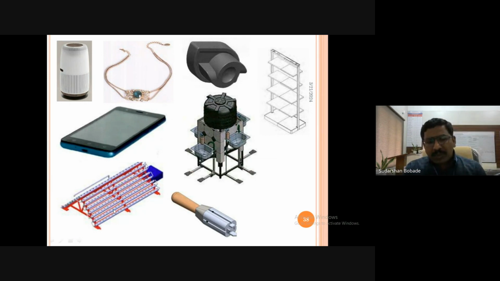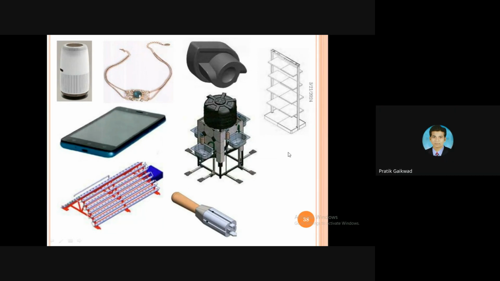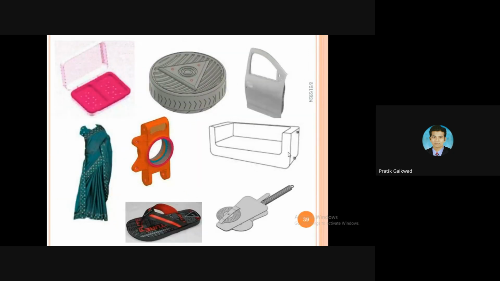Now this is a hydroponic system, which is also one of the granted designs. And jewelry by default has surface texture, so there are various objects for which we can go for the design. Now next one,